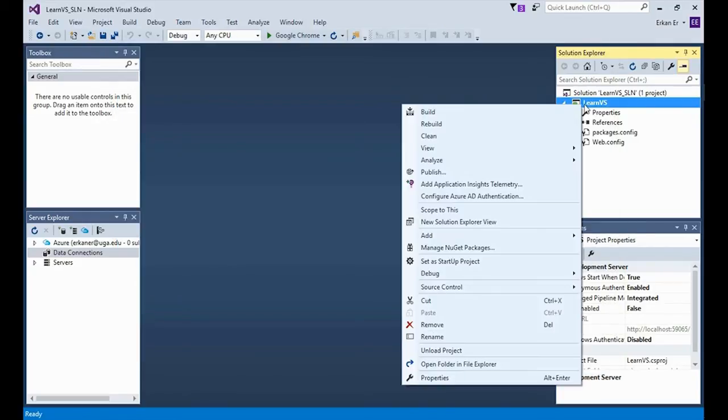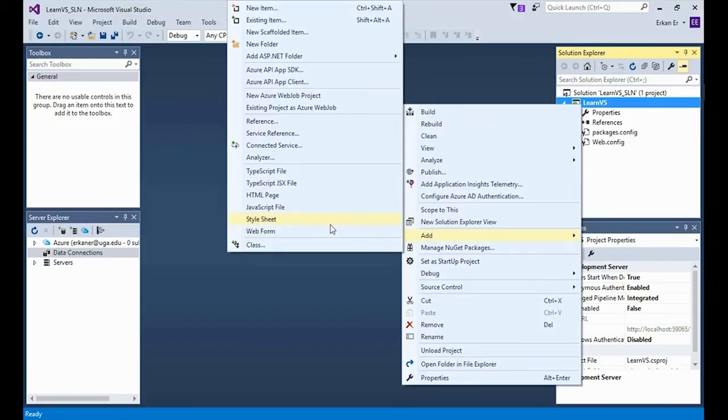Or instead, when I want to add a class, I can directly click the class item at the bottom of the menu. This class item comes by default at the bottom of this menu since it's very common that you will need to add a class to your project. Why? Because C# is an object-oriented language.